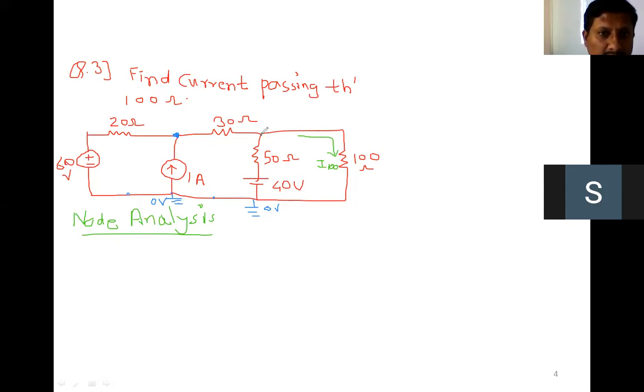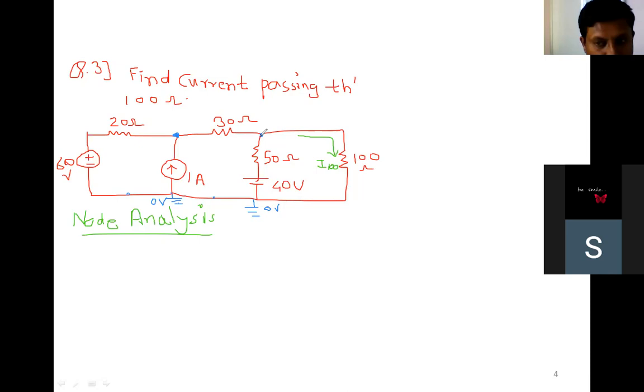How many principal nodes are there? This is the first one. This is the second one. Am I correct? Kajal? Yes, sir. Okay. Roll number 7, Kajal. How many principal nodes are there? Are you understanding this question? How many are there? 2. Yes. So I will give the names V1, and for this voltage I will give the name as V2. Okay. Next,